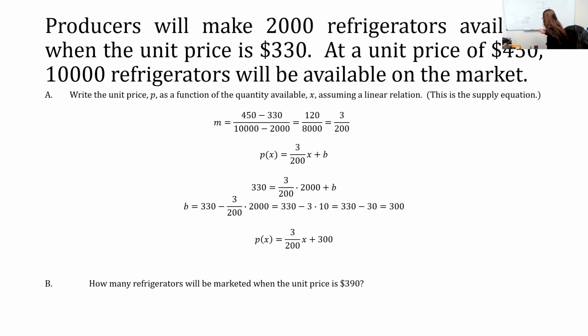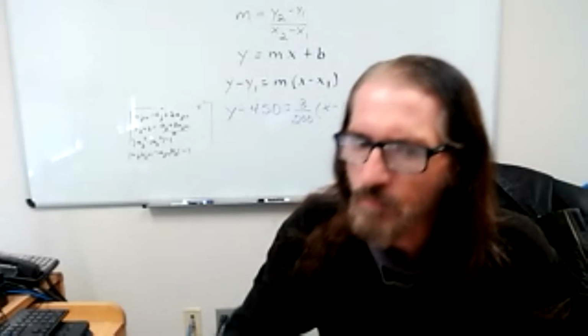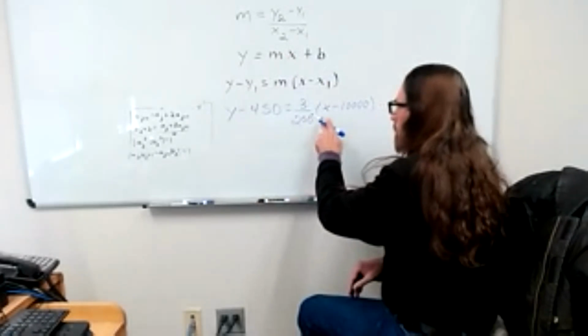Here's another option using the slope-intercept formula. And again, it wouldn't matter which of the 2 points that I started with. So this time I'll start with the unit price of 450, going along with the 10,000 refrigerators as what will be available. So let's take a look at that. So distributing,